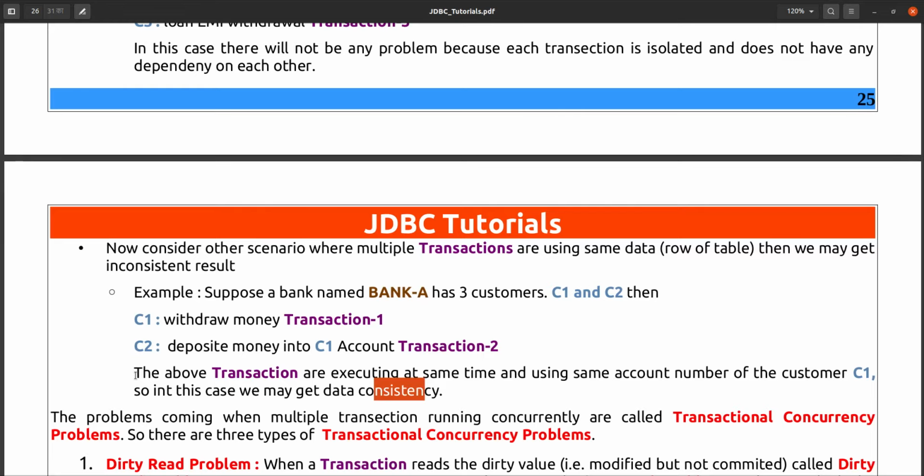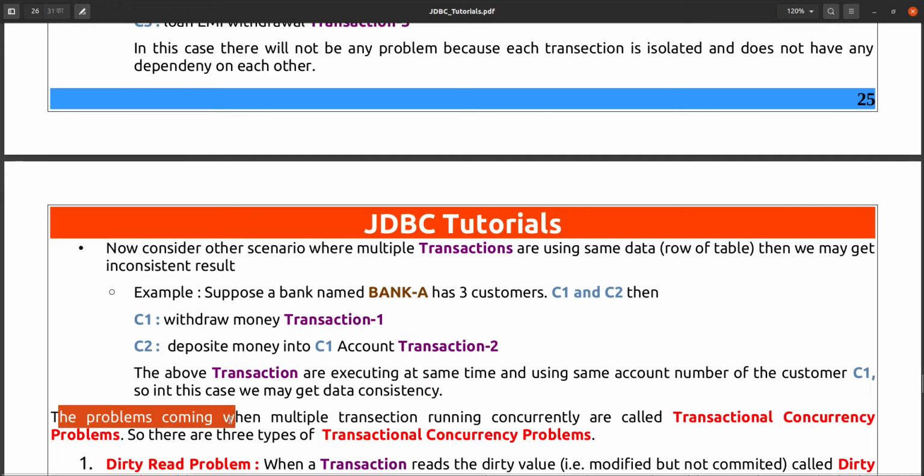We cannot predict at what time each transaction is exactly executed. It may differ by just 1 second or 1 nanosecond, and the transaction will still execute successfully. We cannot predict that, but this is a scenario where we may get the problem. So we always have to check on the safer side. This is a problem we can get when multiple transactions are using the same data.